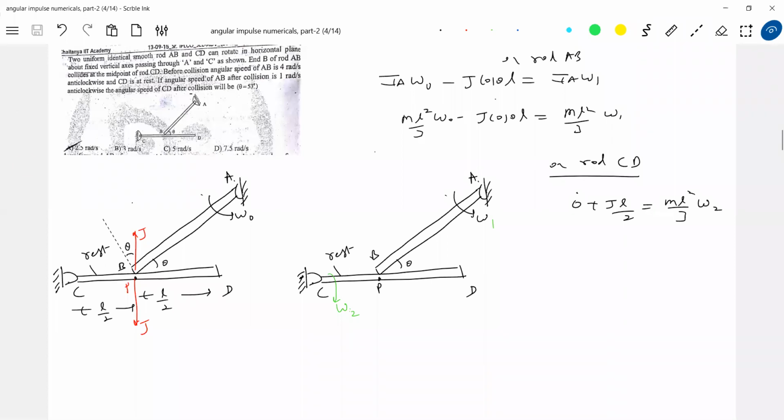I'll scroll down. See J sin theta. This J sin theta will act like this. There will also be centrifugal force. Angular velocity will change. So impulsive reactions do come here. Impulsive reaction will also come here because the impulse acting will try to move it. So the impulsive reaction here will act in this